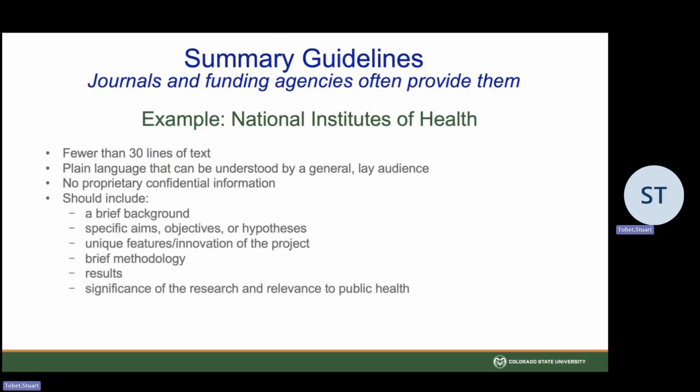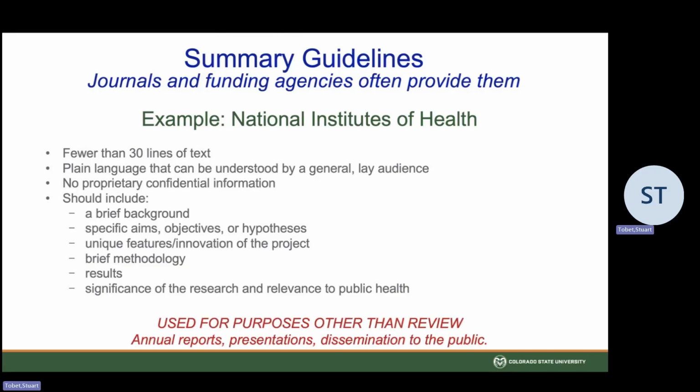They should include a brief background, the aims, objectives, or ideas that you want to feature in your proposal. Right? These are grant summaries, not necessarily article summaries, but they have to be able to tell people what's the significance of what you're doing to the relevant public, and particularly to the people who decide that your science is actually worth funding. So use it for all the purposes and think of it for all the purposes that it's